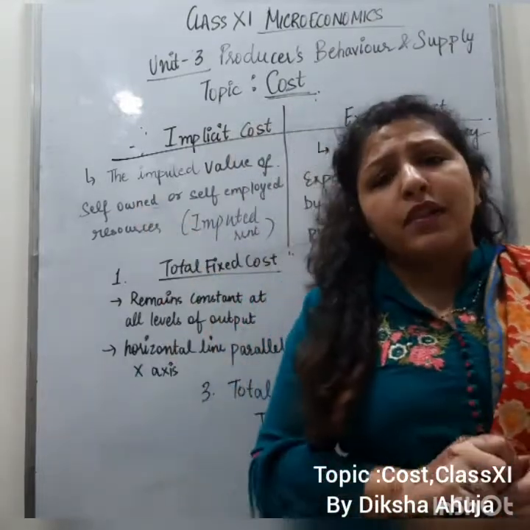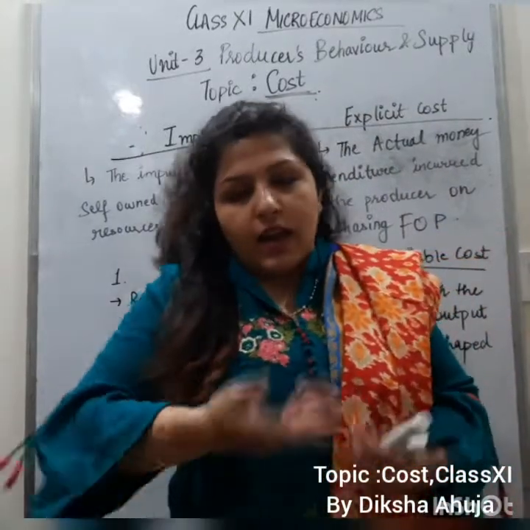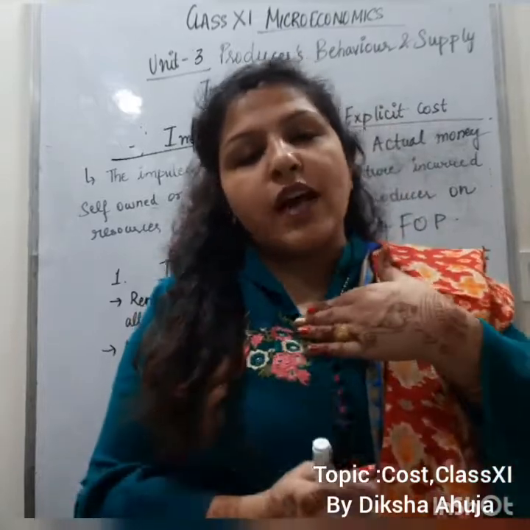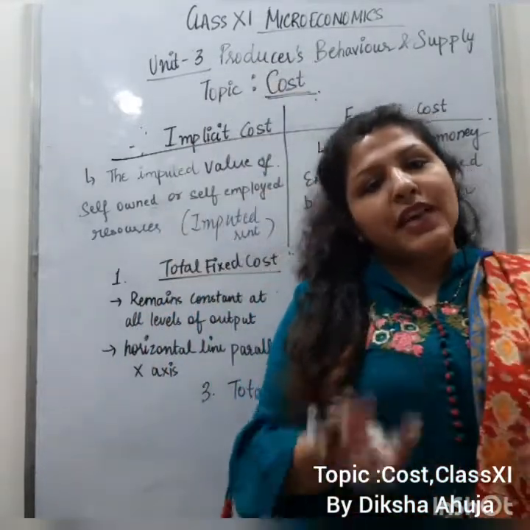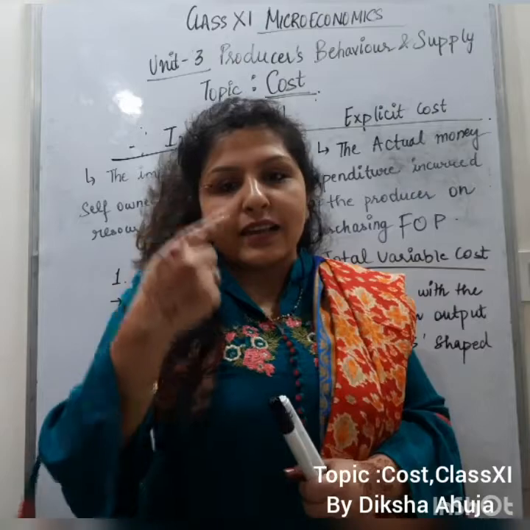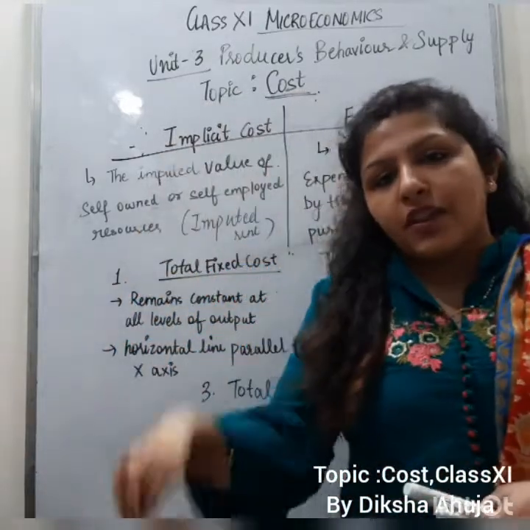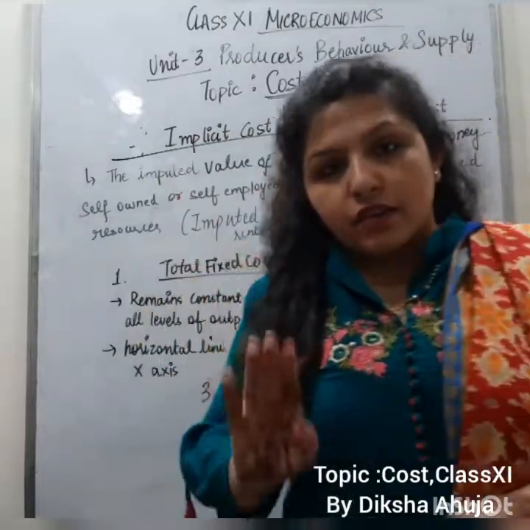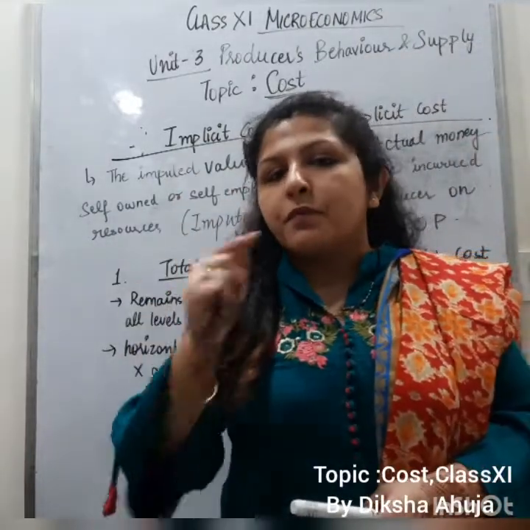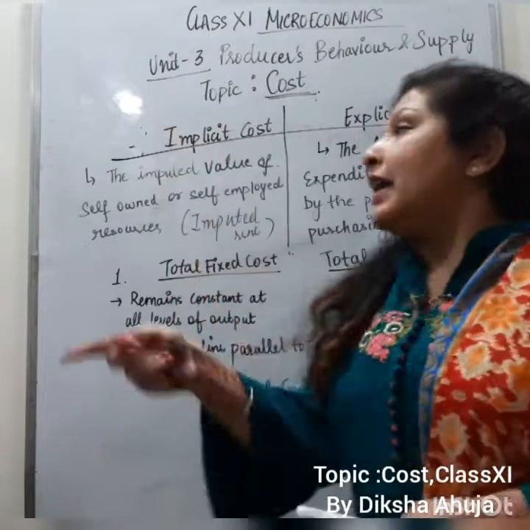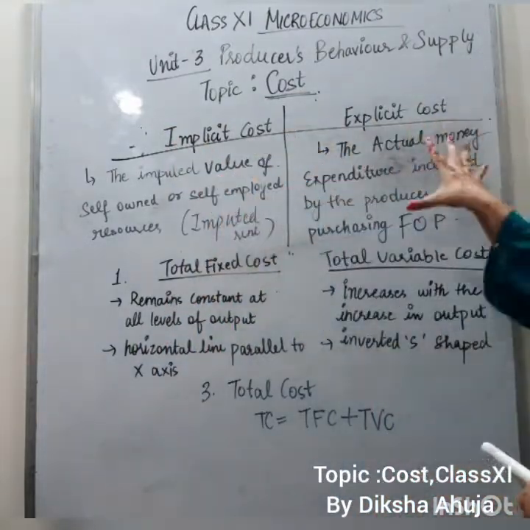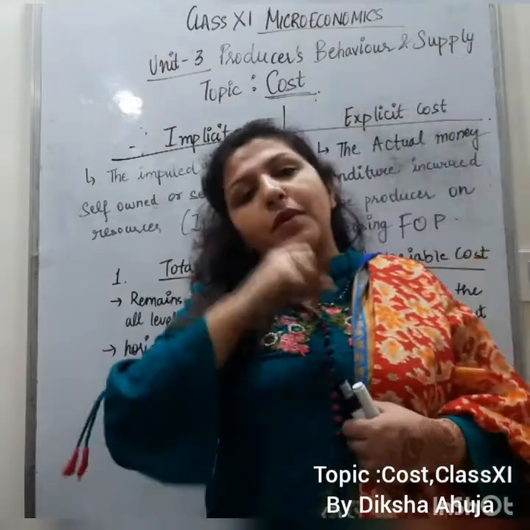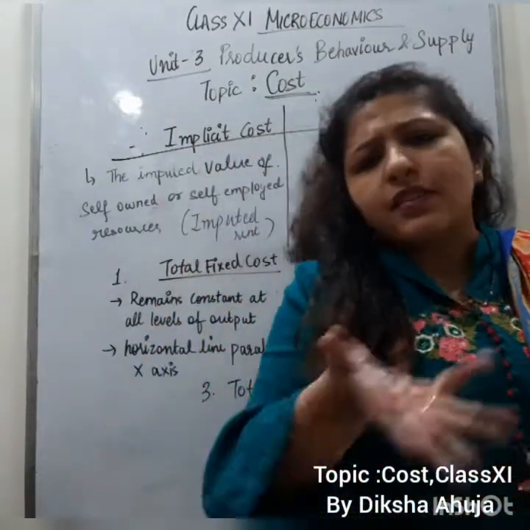I'll give you one more example. Let's say, as I said, I'm the owner of a shoes factory and I'm also working as a manager because I have done MBA. Then I'm saving the salary of a manager. But I will think this way that if I would not have been the manager of the business, I would have paid 50,000 salary to a manager. That will be imputed value, imputed salary of a manager. That will be included in cost. The second type of cost is explicit cost. Explicit cost says that explicit means from external sources. This is normal.